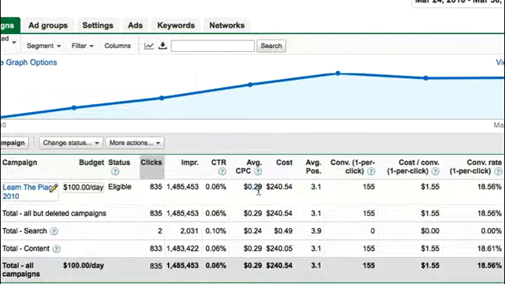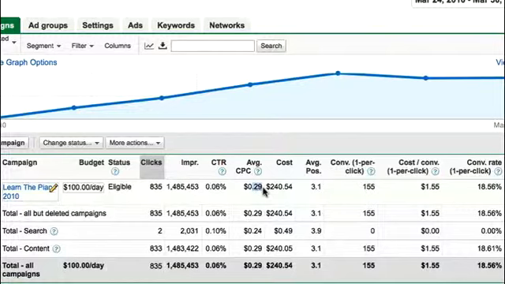Okay, so here's what I can do. Right now, you can see the click-through rate is 0.06. That's really bad. I'm going to be honest with you. My ad copy I've written for this is not that good. So what I'm going to do is split test the ad copy, but at the same time, I'm going to try to get a lower cost per click, okay?